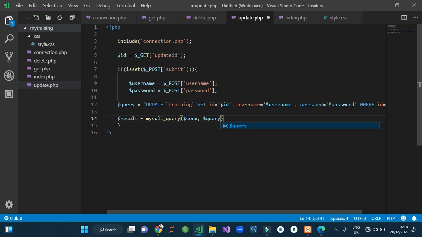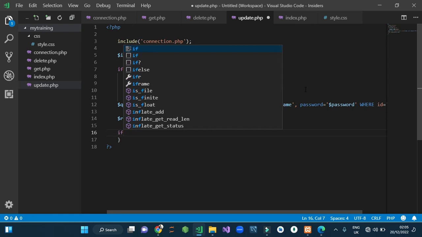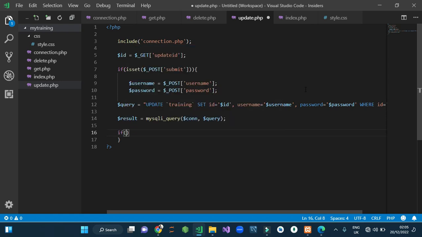Come and $query, and you do this. Then now I either put it done on $query. I put our if statement. I say if $result,